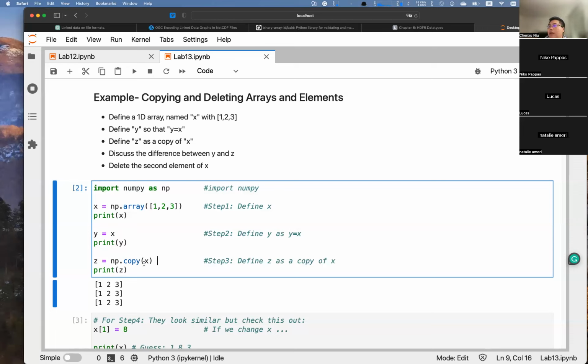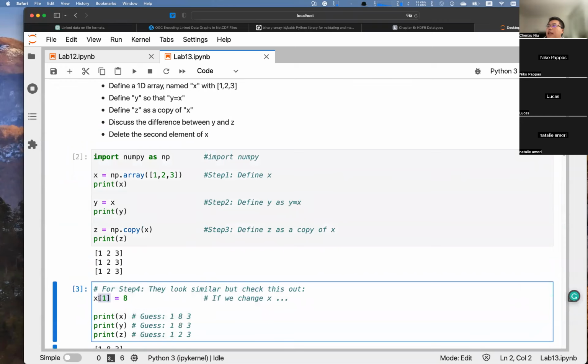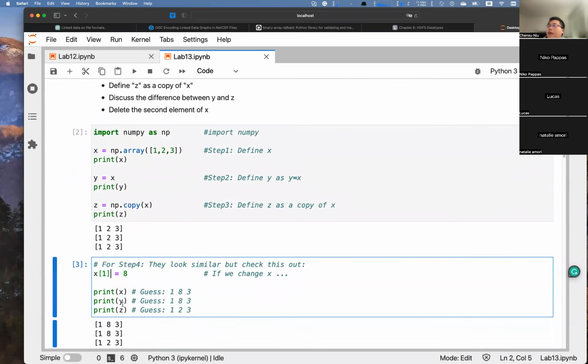So if you use numpy.copy, you have two different arrays in memory. But if you use y equals x, assigning x to y, you only have one array in memory. That's why, if you change the second element of x,